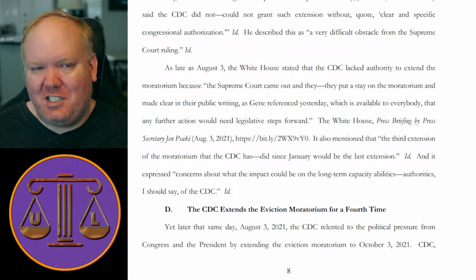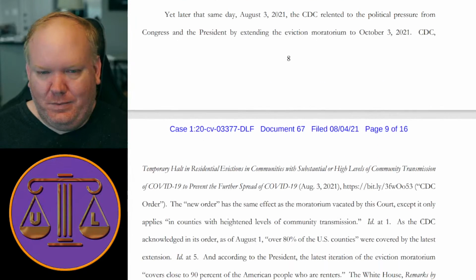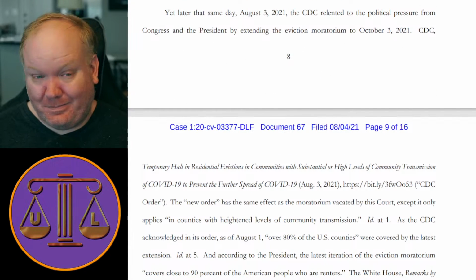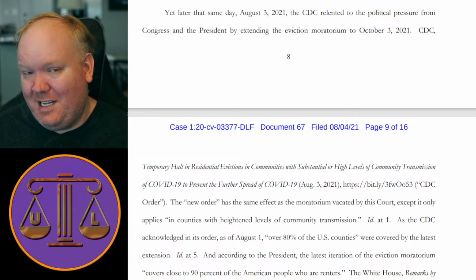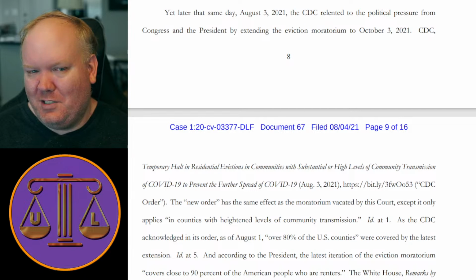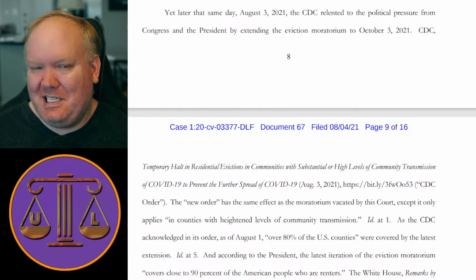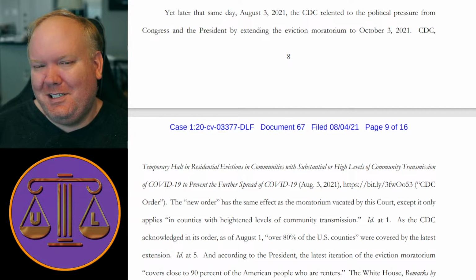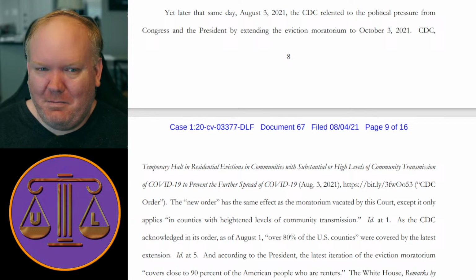The CDC has just as much authority as it always did. It's simply this wasn't one of them. Yet later that same day, the CDC relented by extending the eviction moratorium. Now, the president of the United States could tell the CDC not to do that. He's the president of the United States. He could give an order to the CDC. But,